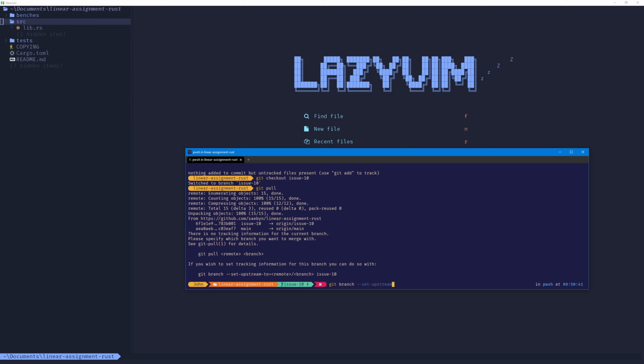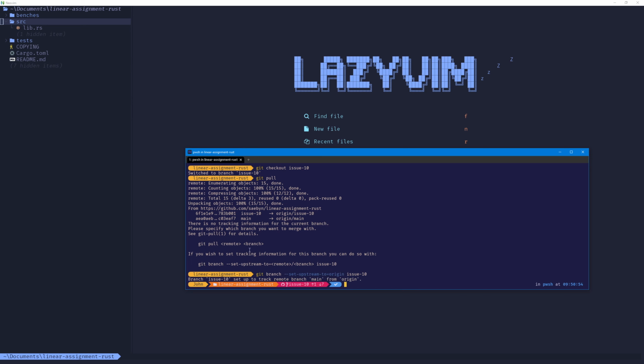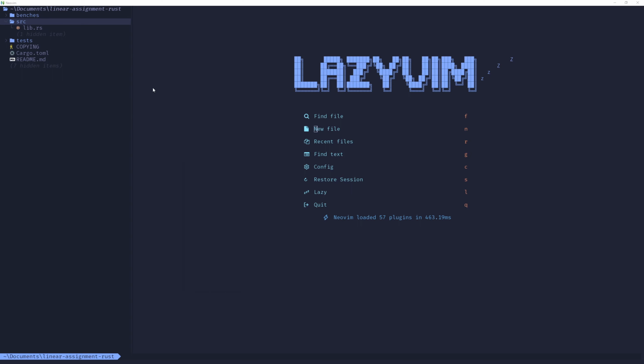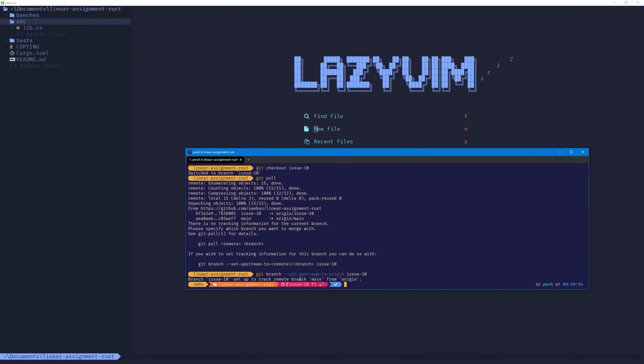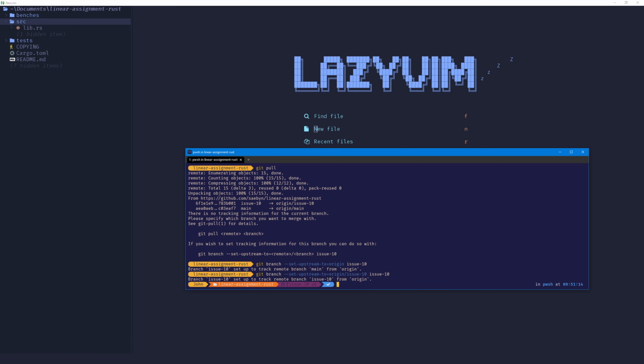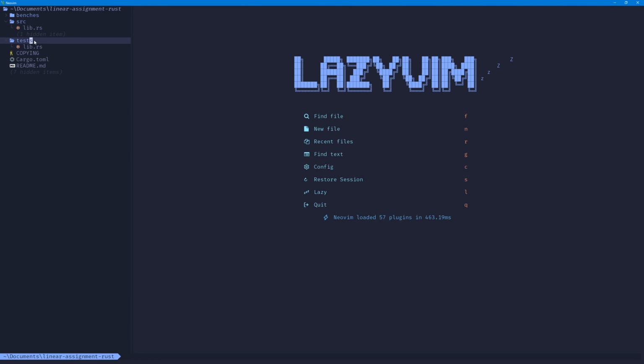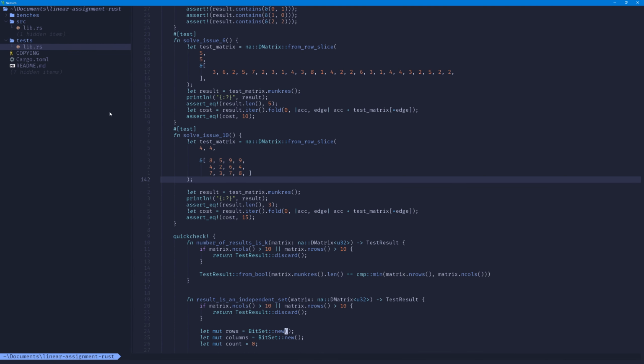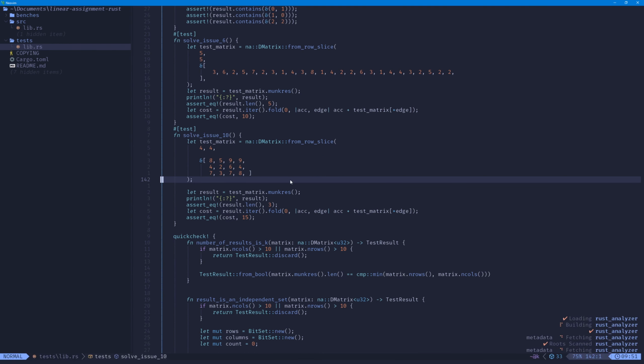Set upstream to origin issue 10. Cool. Set up to track remote branch main from origin. What? Oh. There we go. Okay, so